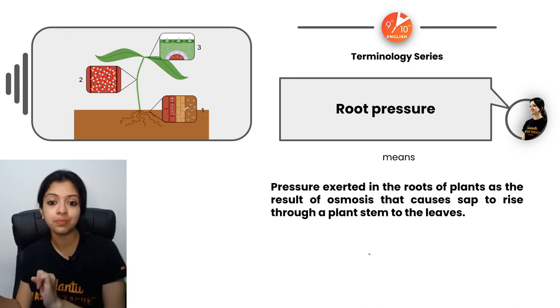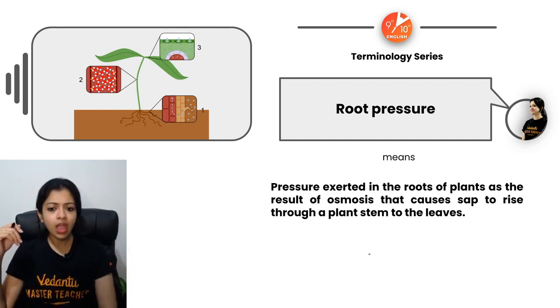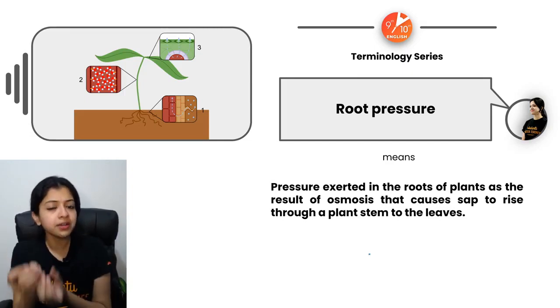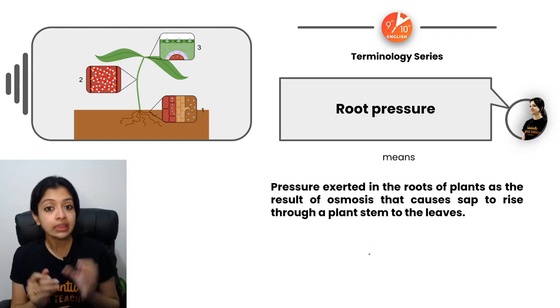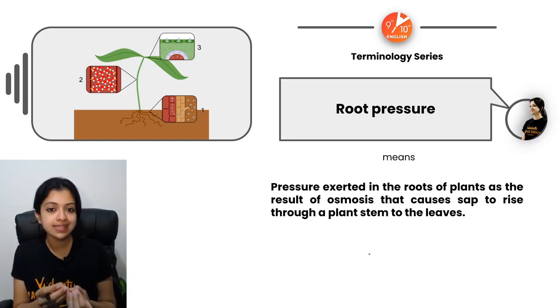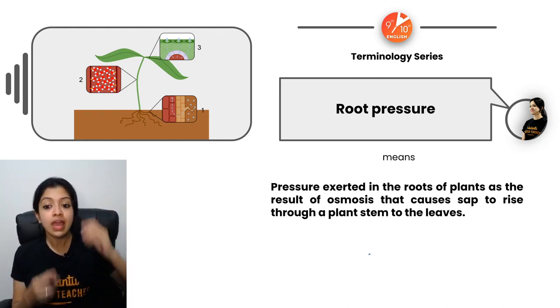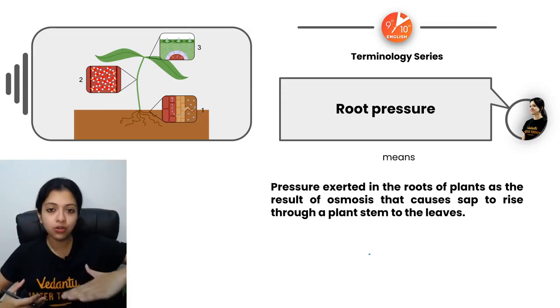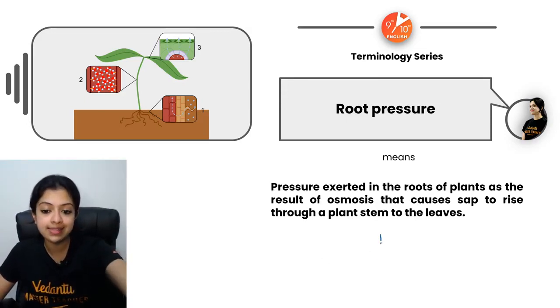And talking about plants, root pressure is one very, very important term. What exactly is this? Root pressure. Some sort of pressure associated with the root, but what exactly? The pressure exerted in the roots of plants as a result of osmosis, right? But what does it do? Why is it important? This pressure from the roots causes the cell sap to rise through a plant's stem to